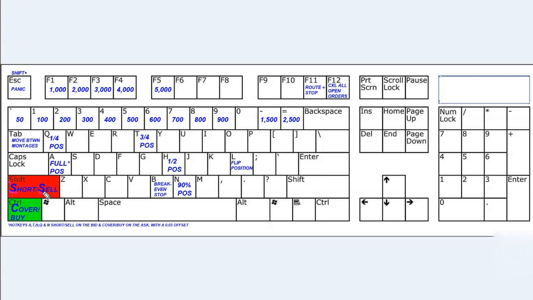Remember that shift means short or sell, and by having the key colored in red, it's also a good way to visually recall that that's the key for shorting or selling. And on the opposite end of the spectrum, we have the green control key. Control and cover are the same letter of the alphabet, C for control and C for cover,